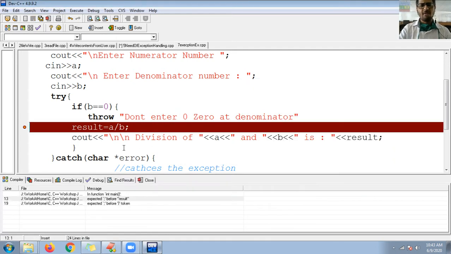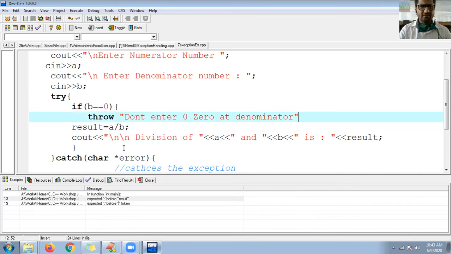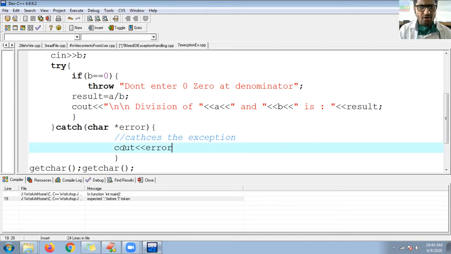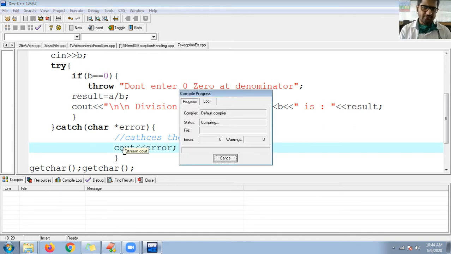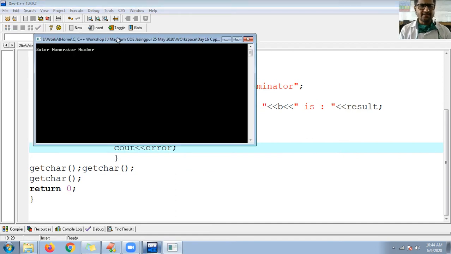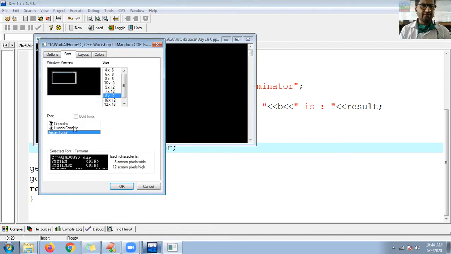Control F9. What is it showing? Semicolon is missing. Add the semicolon. Control F9. Successfully compiled. Control F10. So guys, same program, but I am trying to convert it in a different way.